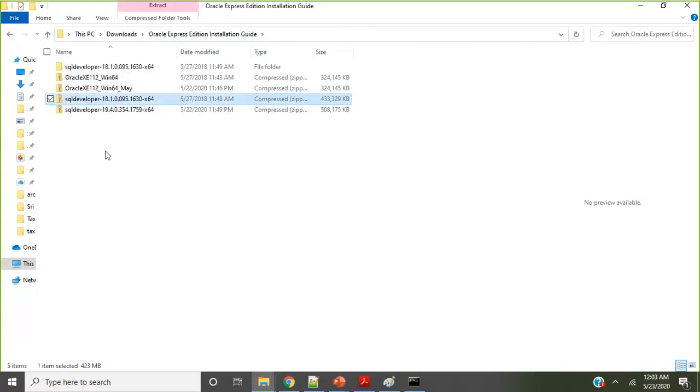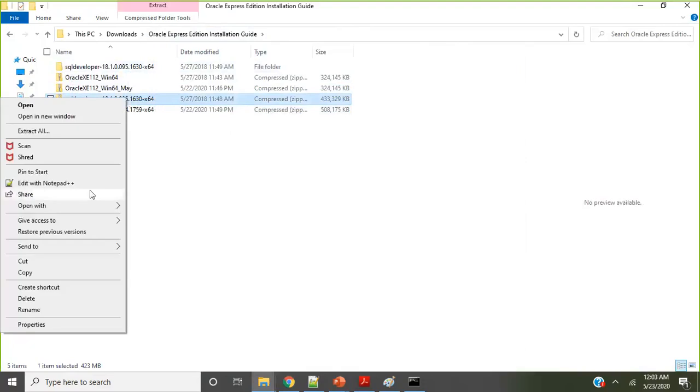Just to remind you, you don't have to install the SQL developer. You just have to extract all those files. How to extract? Right click and choose extract all. It will ask you for the path where you want to extract it.